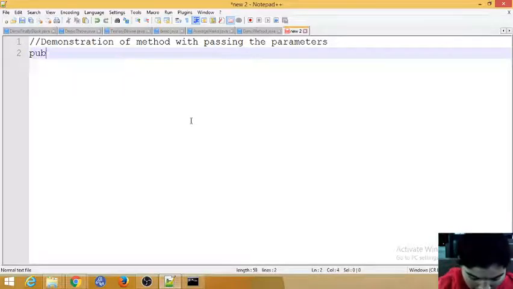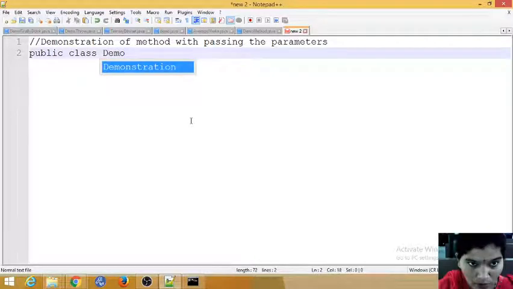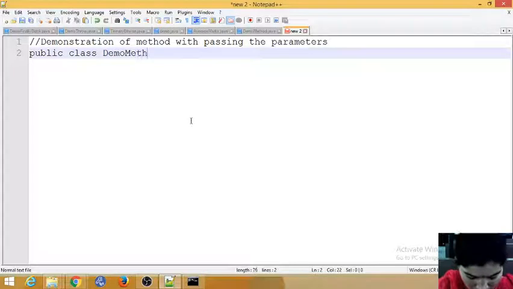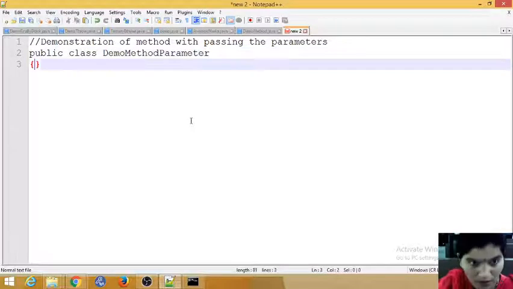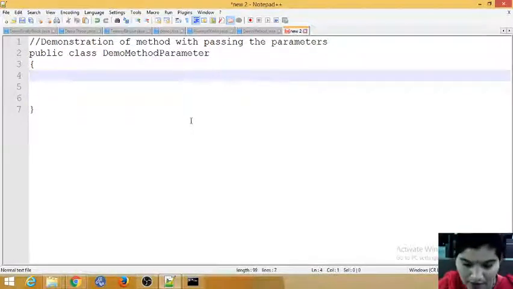So we'll create a class now, public class. I will give a name, DemoMethodAndParameter. So this is my class name. Inside this I am going to create two methods. One is for passing the parameter, so I will use a static method,